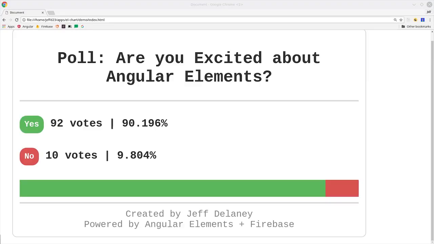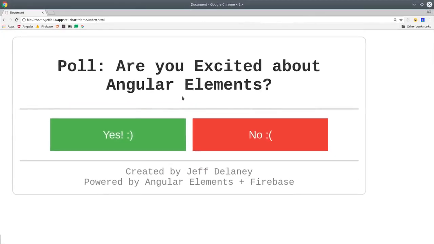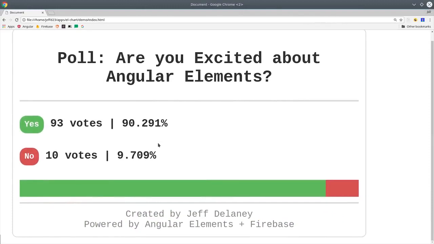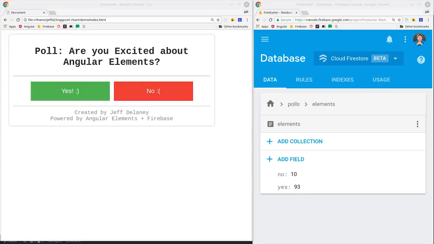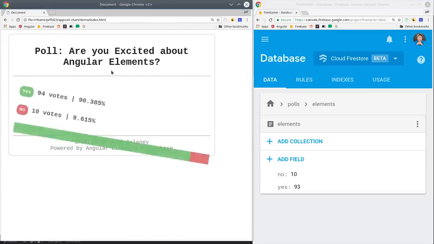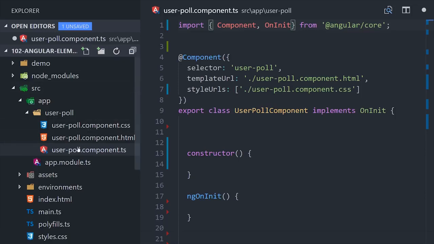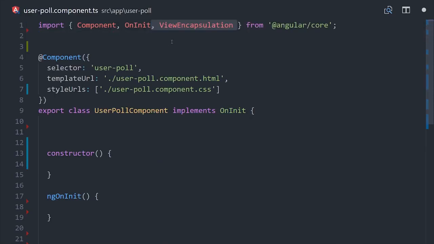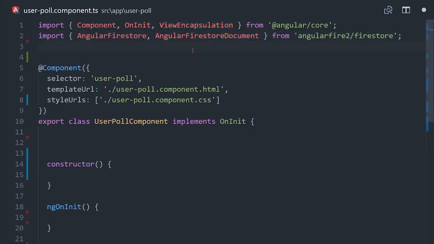So that's a working custom element, but we still want to have this component do something cool, and we also want to be able to export it and use it in production outside of Angular altogether. Basically, we just want the user to send a yes/no response, and then we'll record that in the Firestore database and display the results. So here we are in the user poll component, and one important thing we're doing is